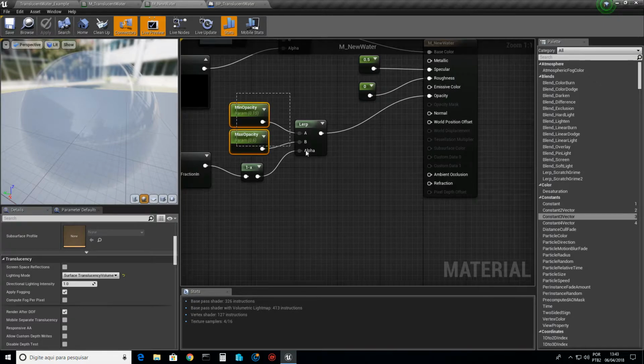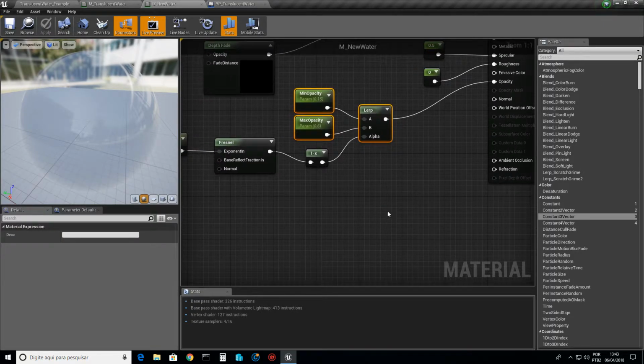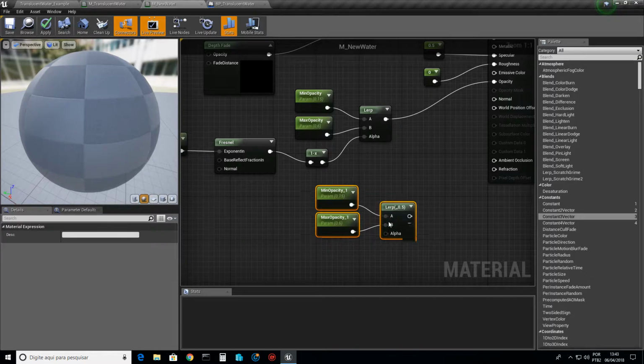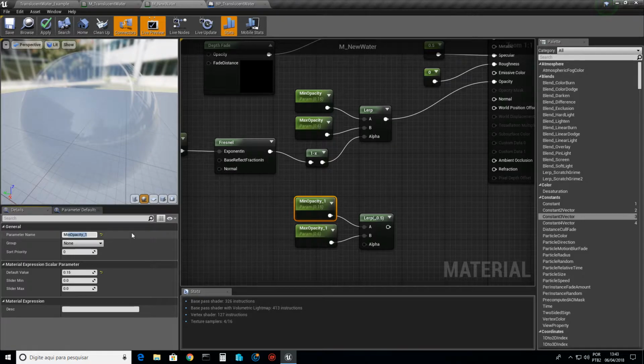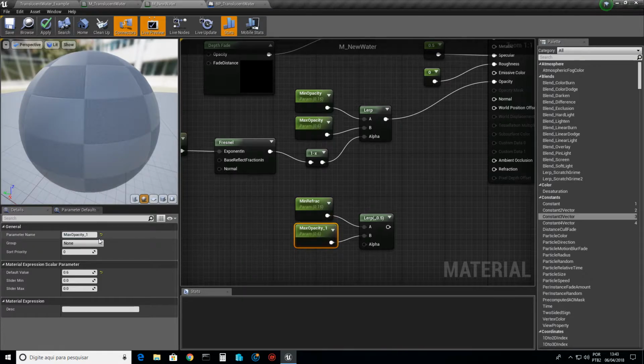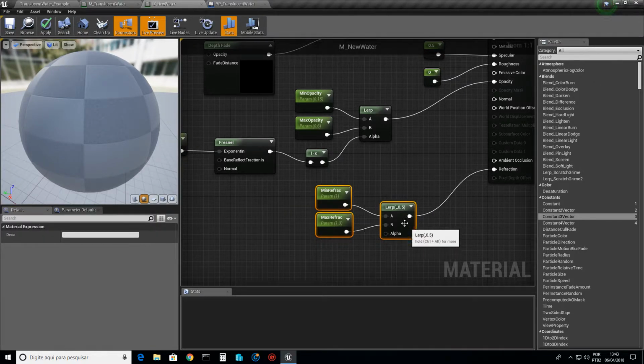Refraction, you usually repeat being this mean refraction and max refraction, and minimum is like 1 for water and 1.3. You plug in here and we can go